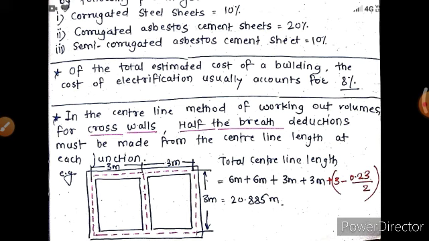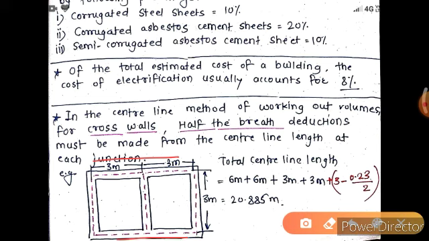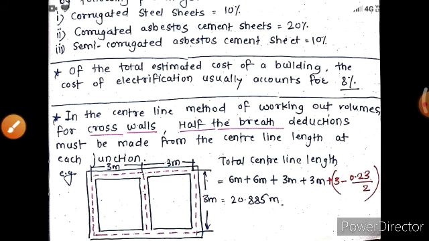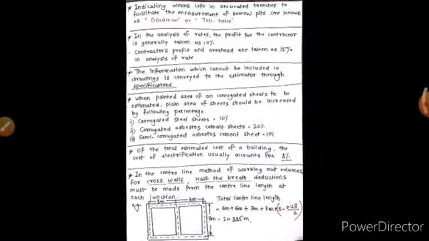Okay. Then in the center line method of working out volumes for cross walls, half the width reduction must be made from the center line length at each junction. We can see here there are 2 rooms of 3 meters length and width is 3 meters. So total center line length will be 6 meter plus 6 meter plus 6 meter plus 3 meter plus 3 meter, and here is your junction. So we deduct 3 minus width of wall, okay, 3 minus width of wall divided by 2. Okay, then next point is